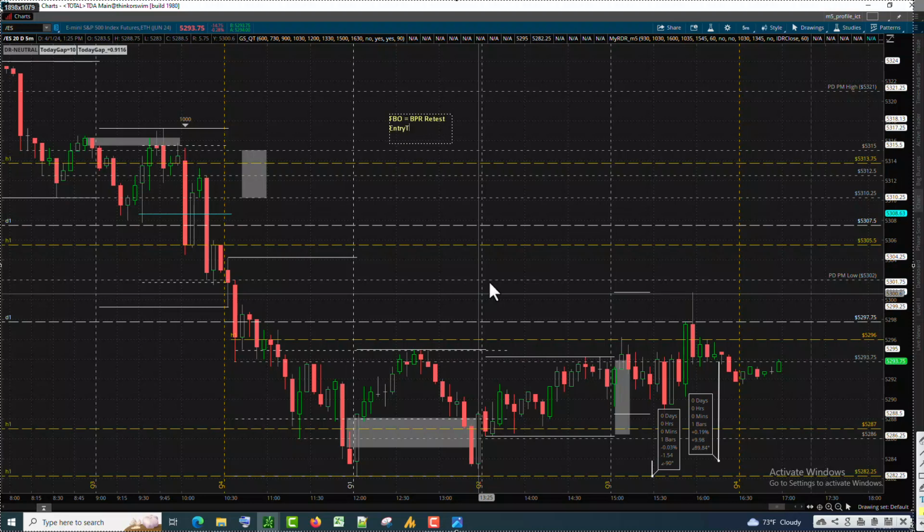Entry time 13.25. Risk to reward ratio 1 to 4 right there. Yeah, 1 to 4. That's a good risk to reward ratio right there. So basically we enter at this candle. Entry at the open of the candle at 12 right there,